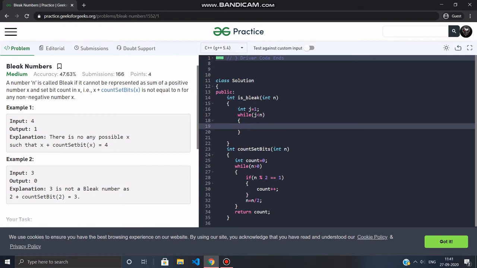So we have to check whether it's bleak or not, right? What I'll do is take x plus count set bits of x, and instead of x, I'll use j.